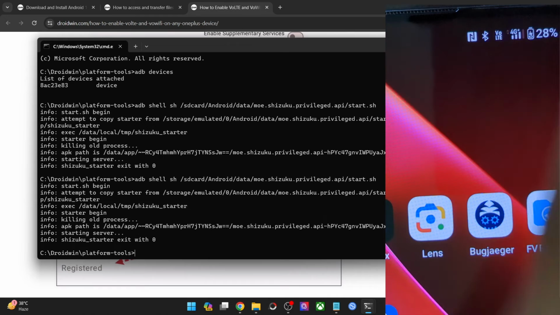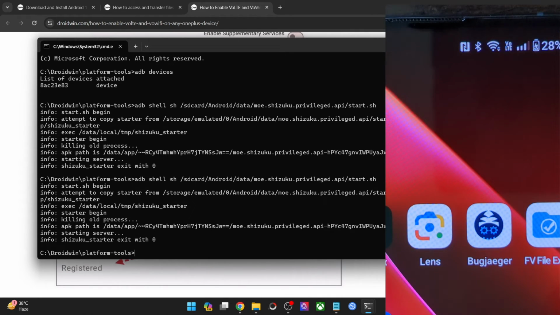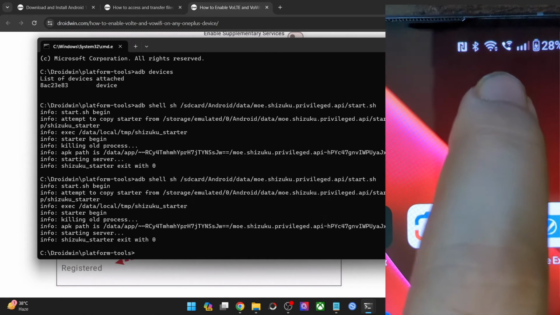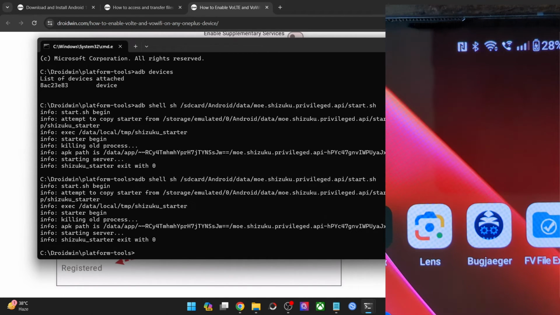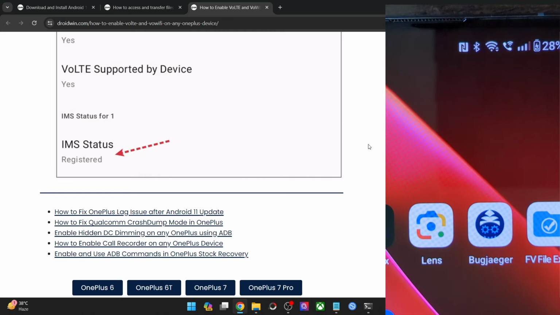Likewise, let me now show you the voice over Wi-Fi as well. Let me enable the Wi-Fi, and it will take a few seconds, and it should now be appearing. And as you could see, this is the phone icon with the Wi-Fi. So voice over Wi-Fi is also enabled. So as of now, we have enabled both the voice over LTE and voice over Wi-Fi. And with this, our task stands complete.